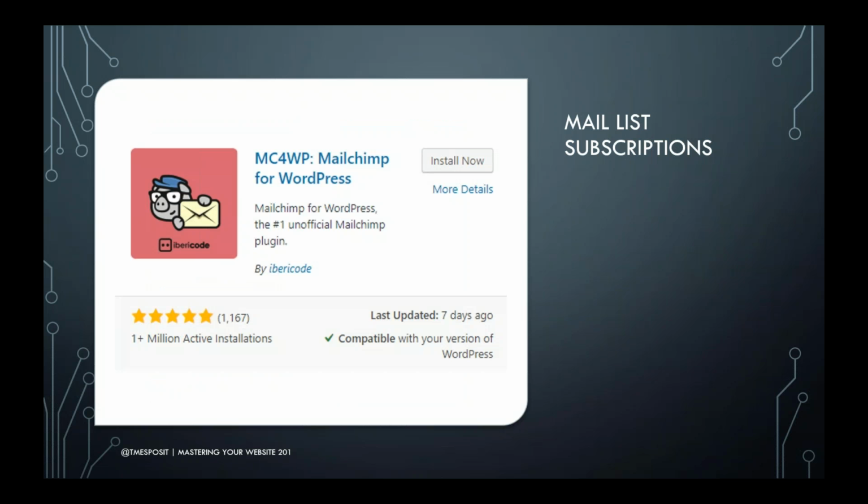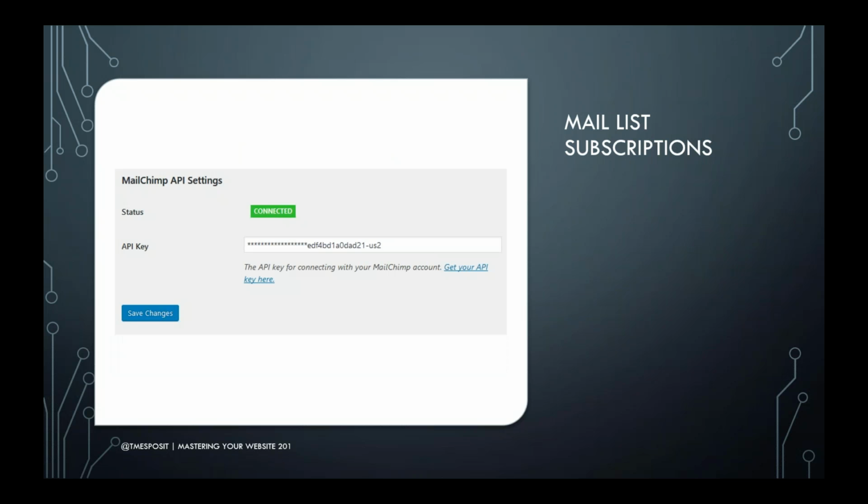So if you have multiple mailing lists that you want people to subscribe to for your organization, how do you get them to sign up for those? So I discovered that there's this, again, free little piggy here. He will give you a nice little plugin that you can install. And what it does is it gets an API key from MailChimp, which is really easy to do because you can just click that link that says get your API key here, and as long as you're signed into MailChimp, it'll give you the key.